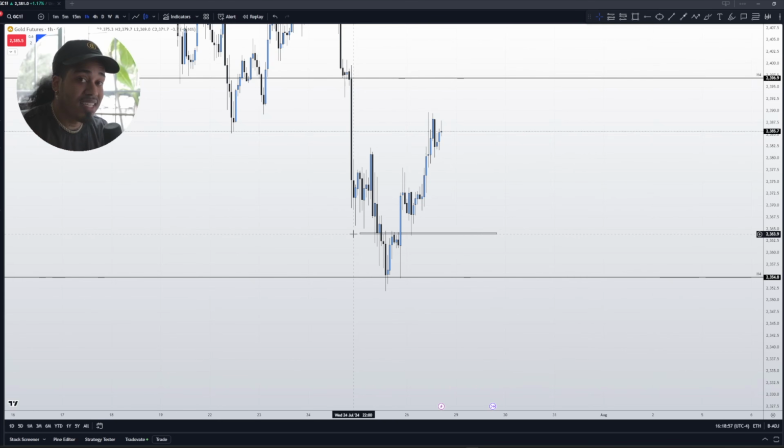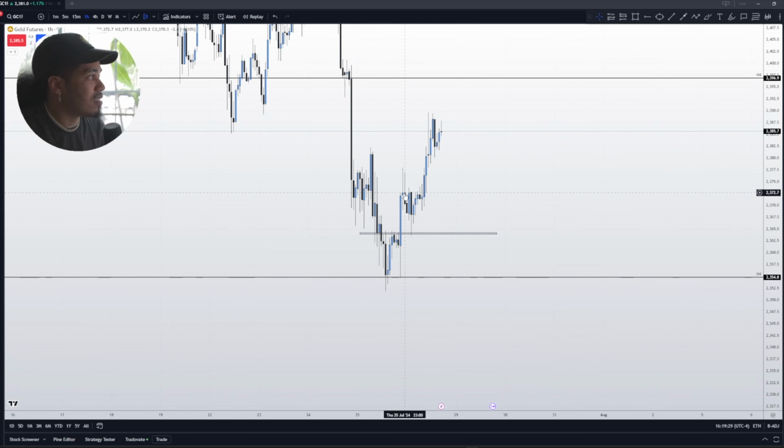The key thing that I've been looking for the whole time on gold, once there's market structure going bullish or bearish, let's go over the bullish one right now, since that's what we're going over. I'm only looking for break of the highs, guys. Break of the highs is when sellers are doing lower highs, lower lows, lower high, lower low, and then they have some sort of high here, and then they break that high. That's my setup. Super simple, guys.